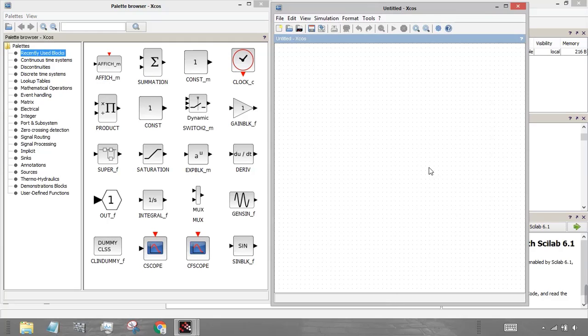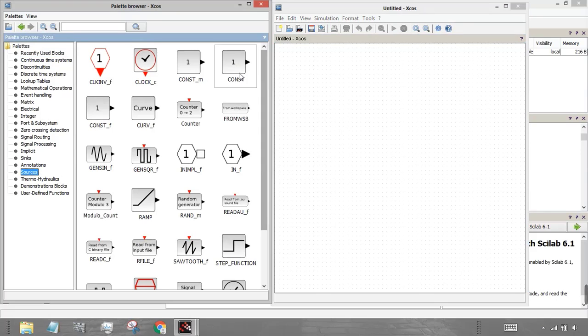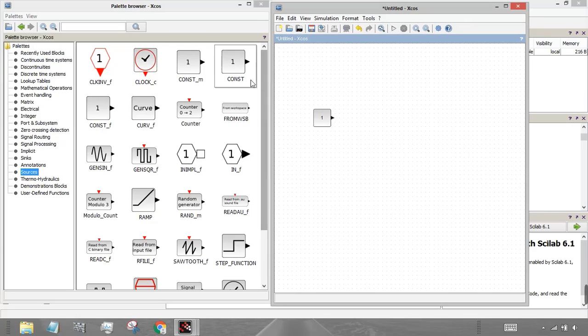Just divide the window into two. First we want to calculate the area of square, which is side square. Again we will create one constant block. Just go to this source and select this const and drag it into the right hand side.